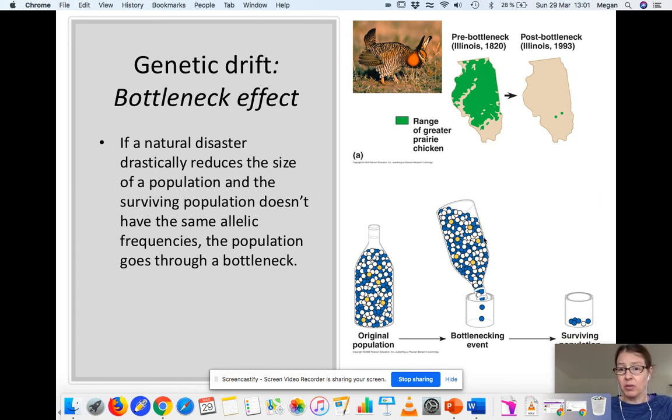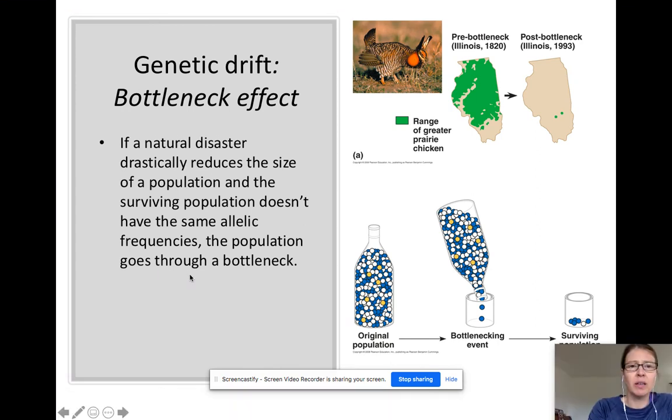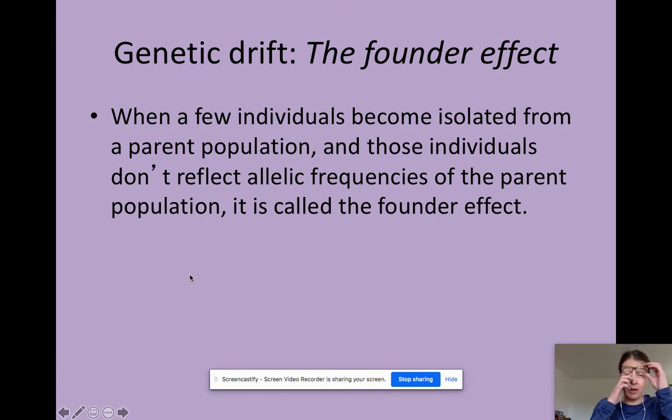And of course, the smaller the gene pool, the more susceptible that they are to extinction, because if there's not as many genes to select from, if there's a new selective pressure, the chances of them surviving that as a population might be less. Another way we see genetic drift happening is through the founder effect, and that's when a